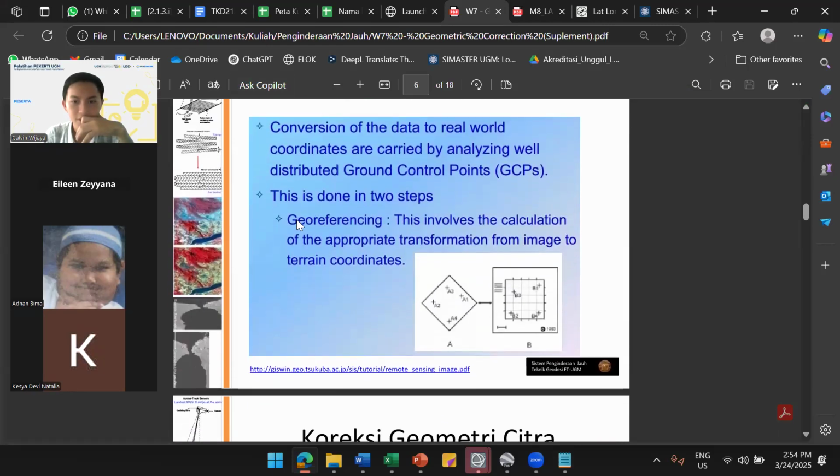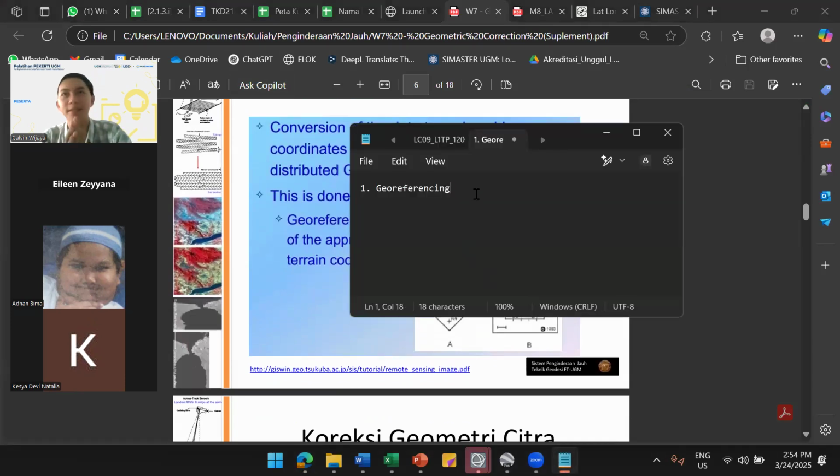Okay, georeferencing. To do the georeferencing, we need other sources of data that are more accurate. In general, georeferencing itself also has two methods. First one is image to image. Second one is image to map.